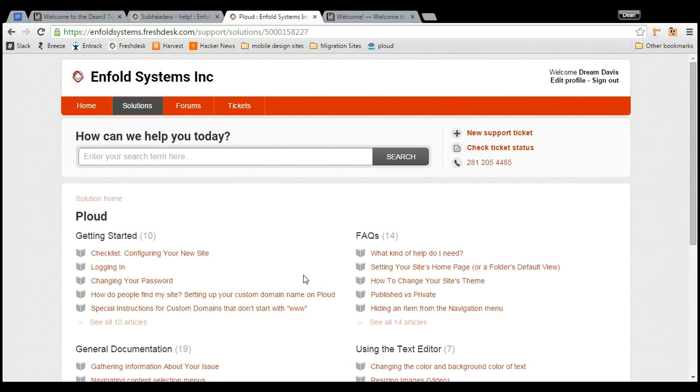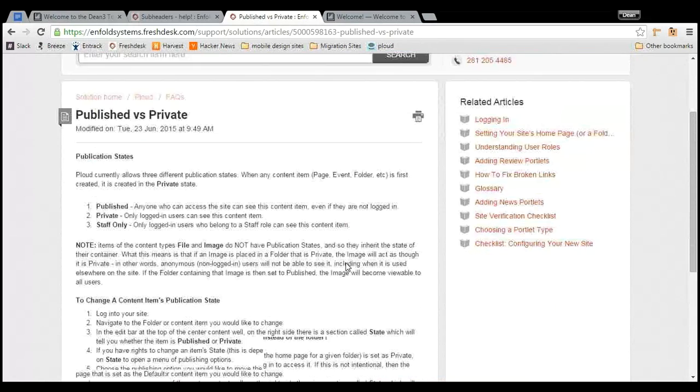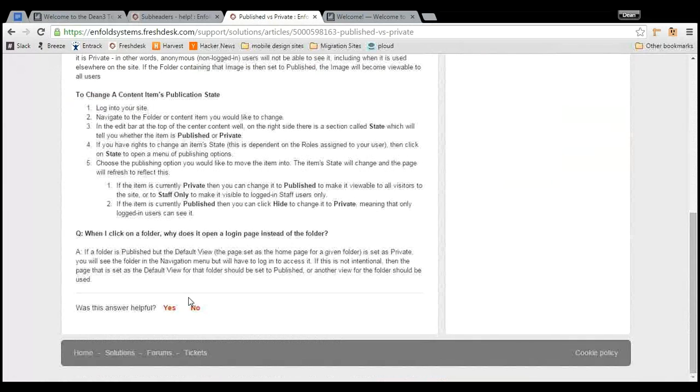So there's a lot of stuff on this part of the help desk and the knowledge base. If there's anything that doesn't make sense or is missing, that's feedback that I'm more than happy to hear. I know we've had a number of tickets logged through people coming and saying, okay, well, I was reading this article, I didn't like it, and I want to suggest some feedback. So you can actually click on